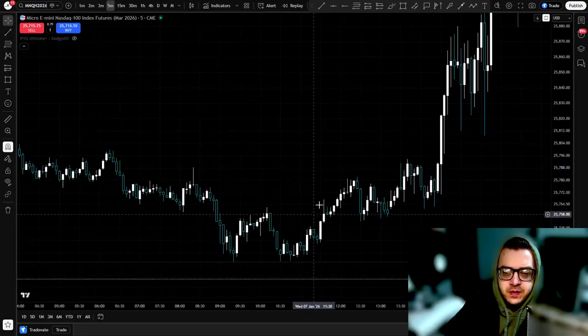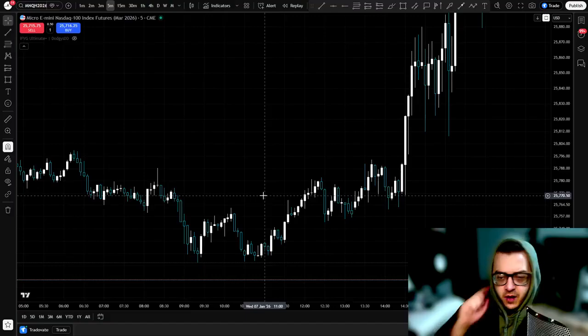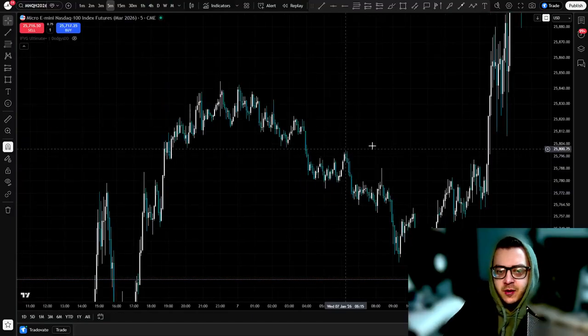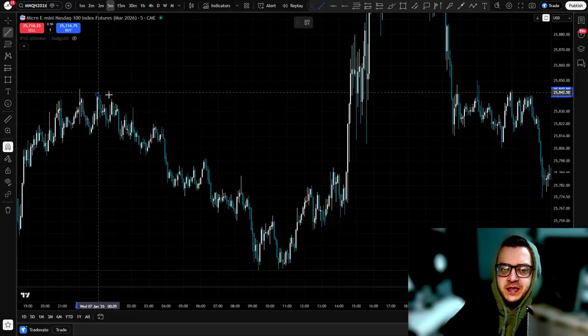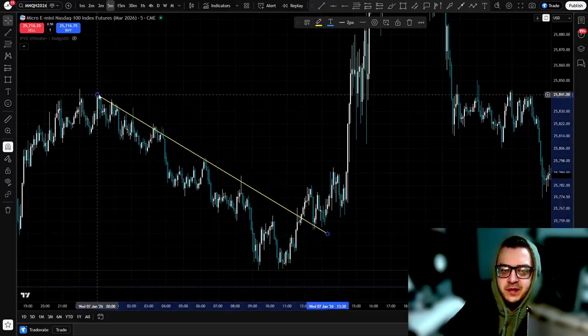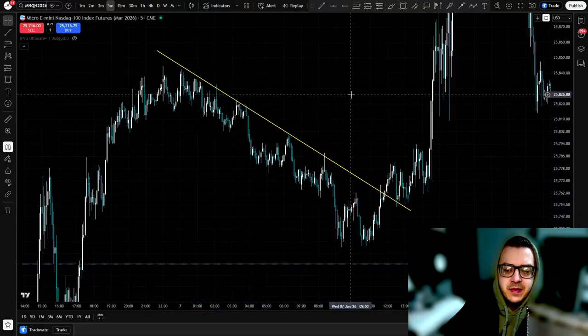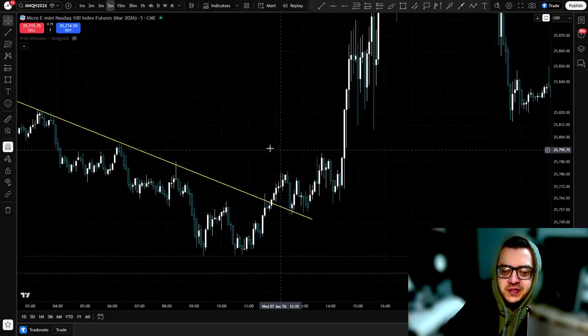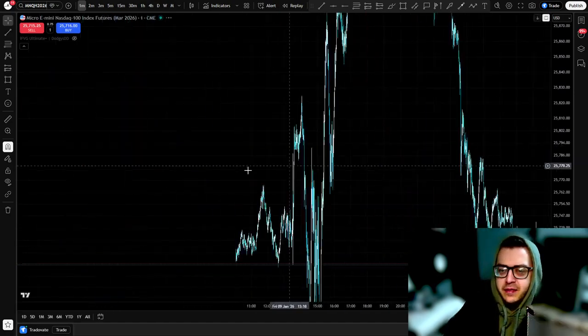It's just there was quite a lot of chop on Wednesday. Oh yeah, I remember what this day was. I remember now. This was the day where we had this ridiculous amount of liquidity above like this, and it was like you were just trying to find an entry to the upside. And I think